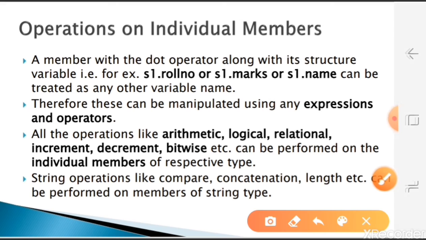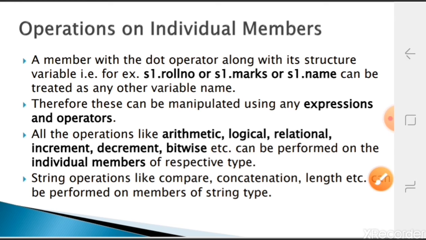So what we are saying is, whichever operations work on a basic data type, all those things I can apply on individual members, if it is a corresponding basic data type. If you define a structure inside a structure, you can't apply it. If it is a string, you can apply concatenation and string length identification. Like that, anything you can do, case sensitivity, lower to upper conversion, all those things you can do.